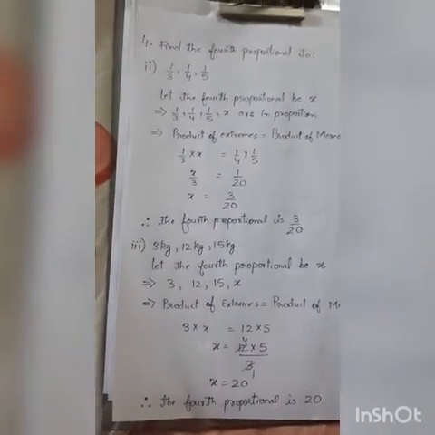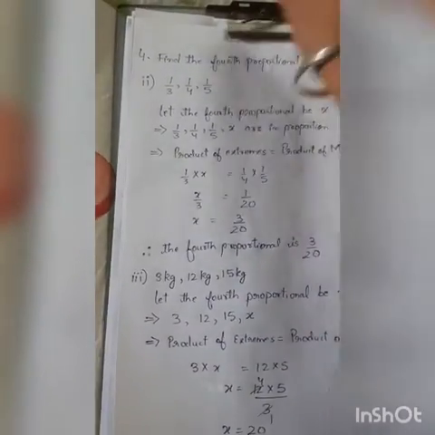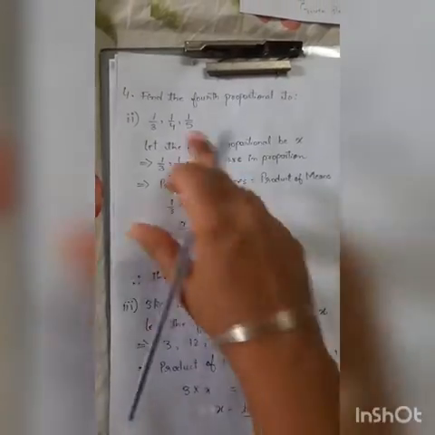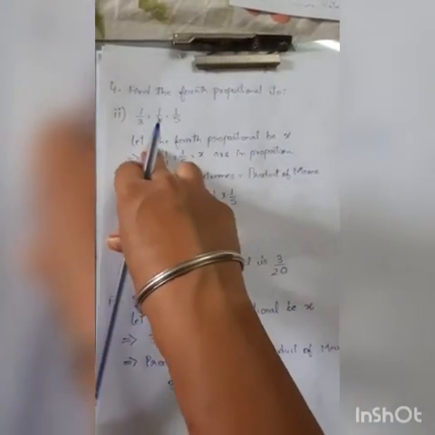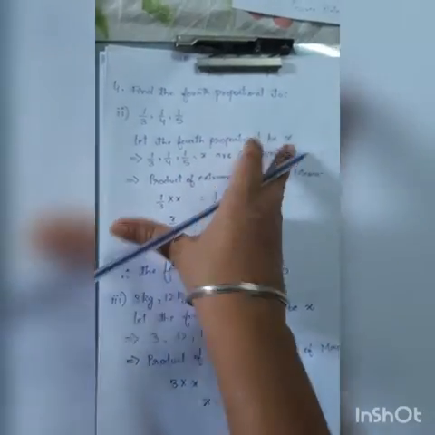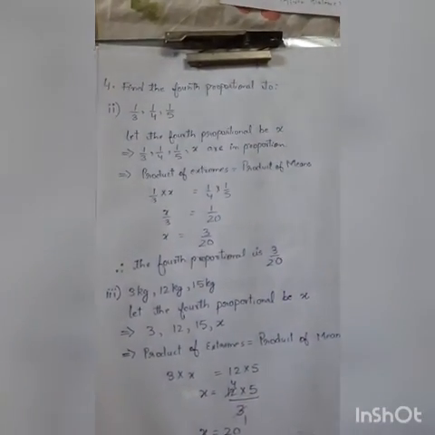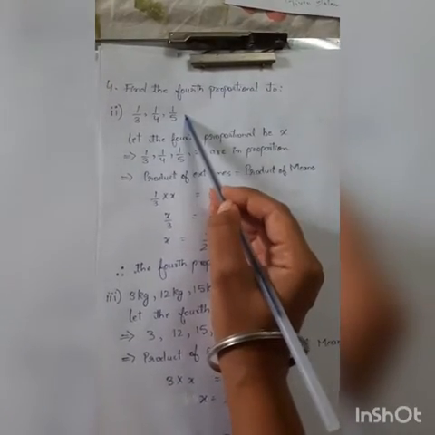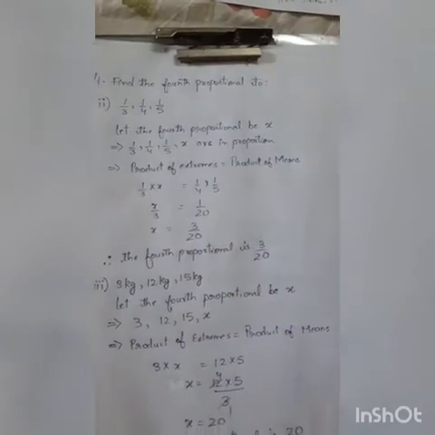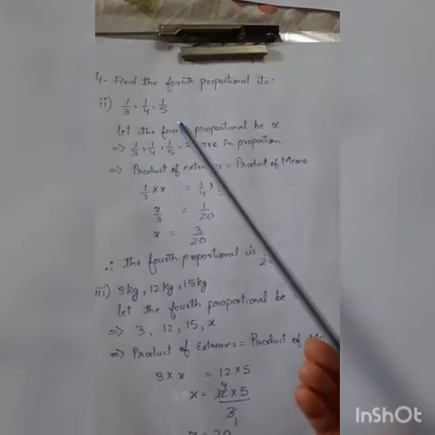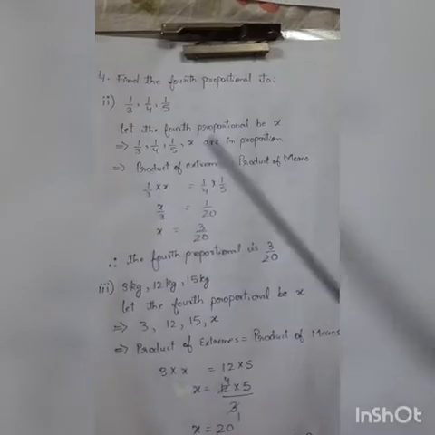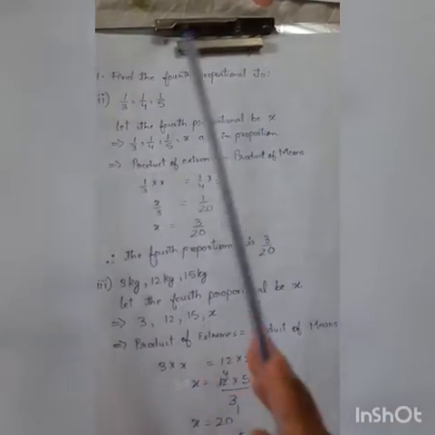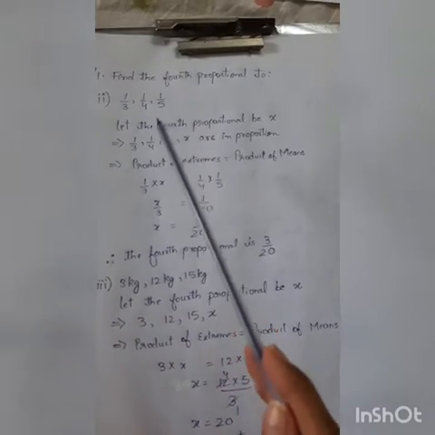So let's discuss question number 4 now. In question number 4, they are saying find the fourth proportional to this. I said that let the fourth proportional be x. I am assuming that let the fourth proportional be x. Fourth proportional means the fourth term we are assuming as x. Okay. What actually the question means, आपको ऐसा टर्म निकालना है फोर्थ प्रोपोर्शनल कि ये जो चारों नंबर्स हैं ये प्रोपोर्शन में आ जाएं. So let the fourth proportional be x. This implies that the terms will be 1 by 3, 1 by 4, 1 by 5, x.